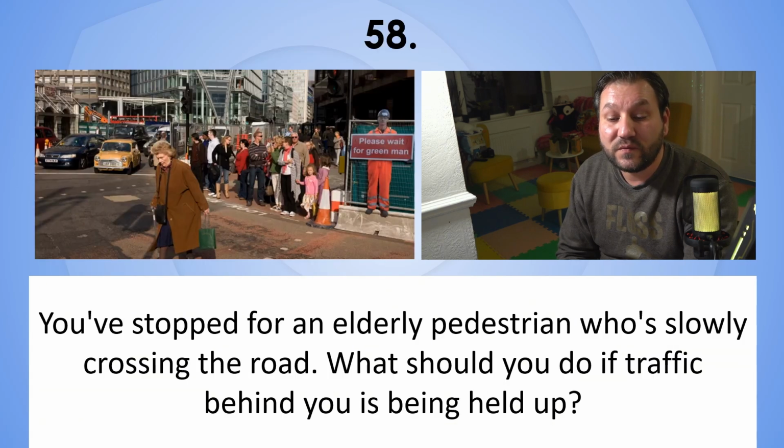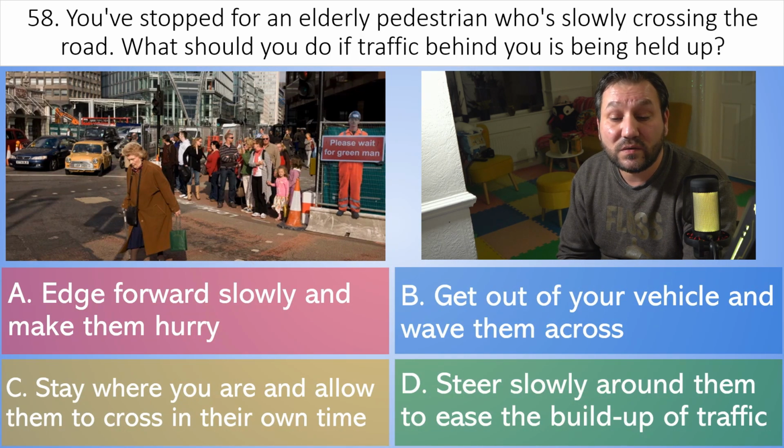58. You stopped for an elderly pedestrian who's slowly crossing the road. What should you do if traffic behind you is being held up? A. Edge forward slowly and make them hurry. B. Get out of your vehicle and wave them across. C. Stay where you are and allow them to cross in their own time. Or D. Steer slowly around them to ease the build-up of traffic. And the correct answer is